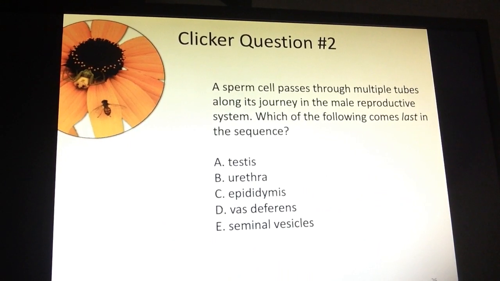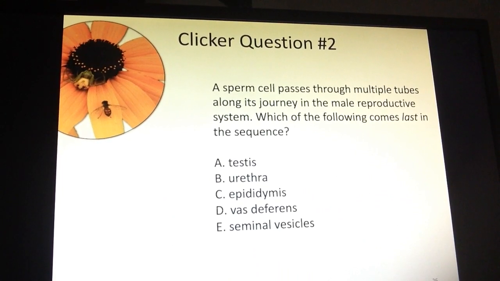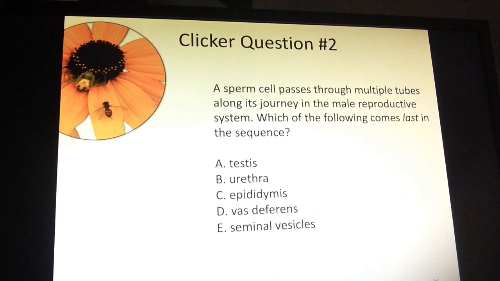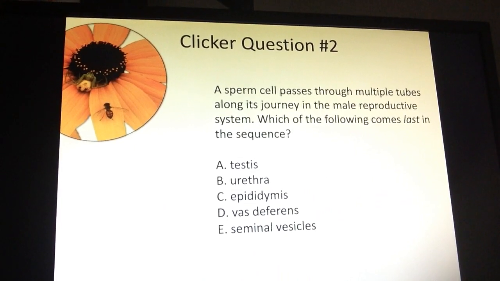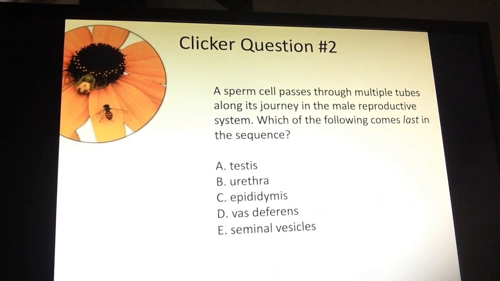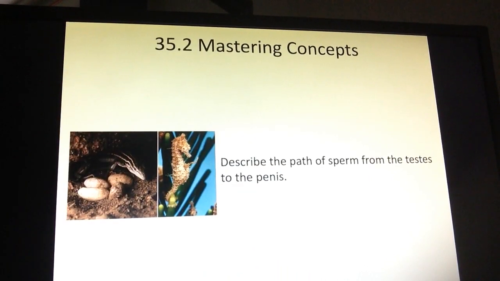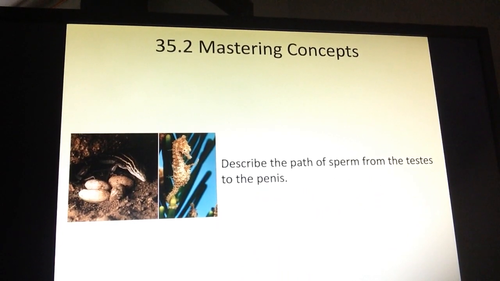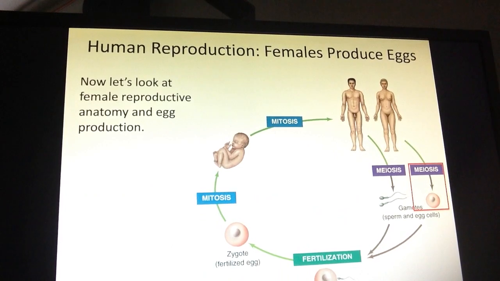And a review of the anatomy here before we go further into the hormones. No clickers at home, no clickers in the classroom, but we still have these questions. So the pathway of the sperm, basically it's asking for the last in the sequence, which would be the urethra there. All right, so I think we described the pathway in the pictures that we saw,